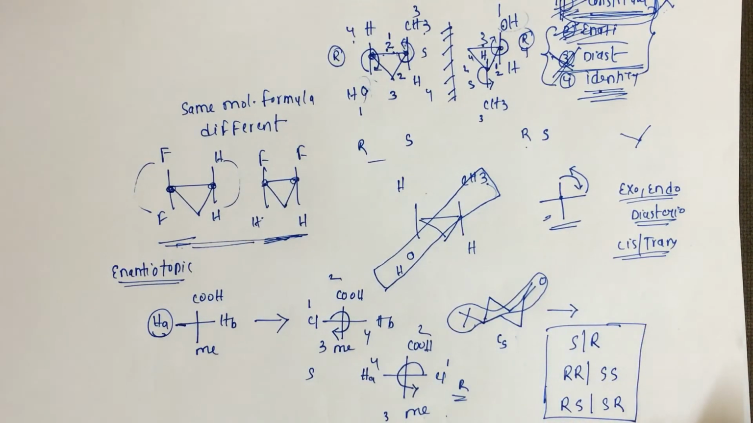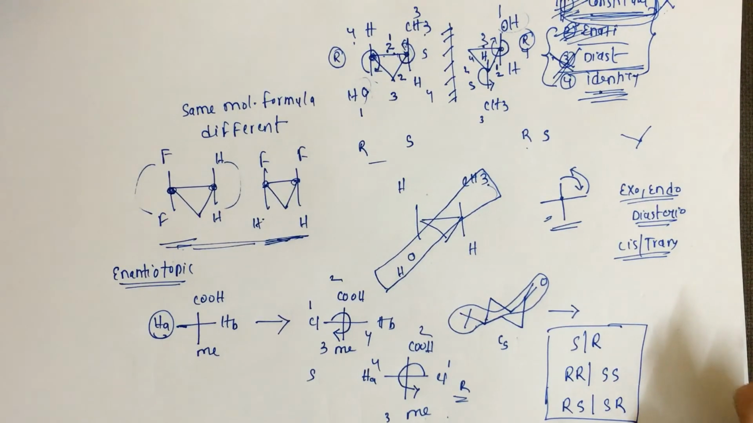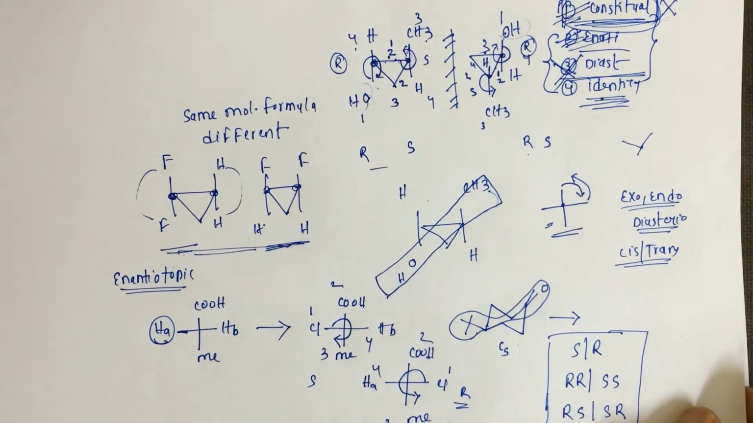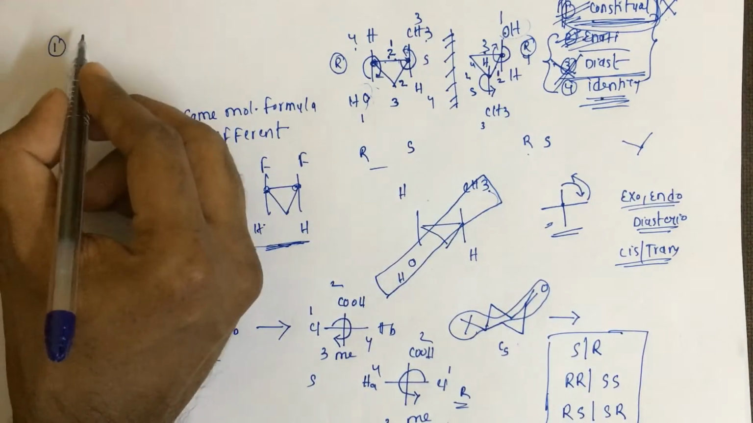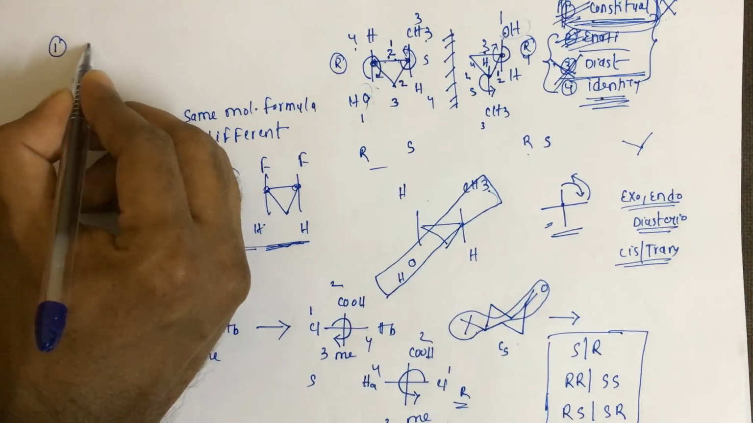I am not going into details of the enantiotopic ligands and faces, because I am going to solve the problems, and there we will come to know. And what are the conditions for these chiral ligands? The first condition is the molecule should have a sigma plane,